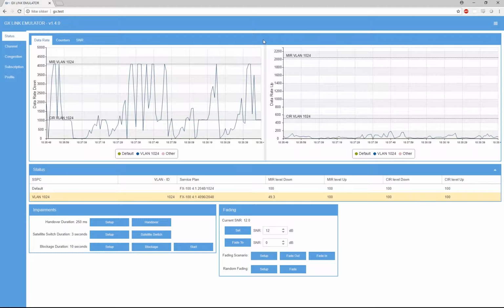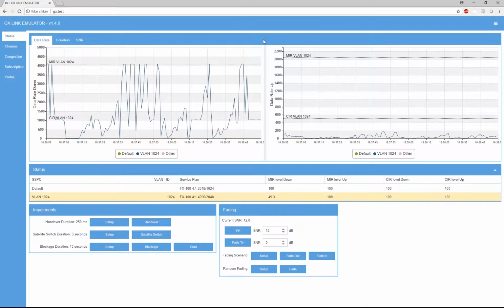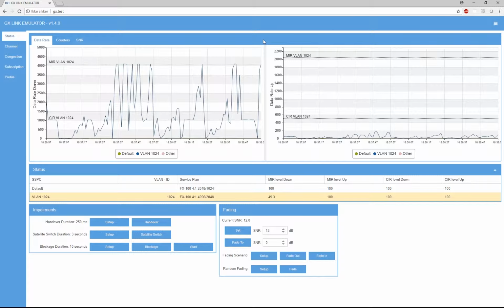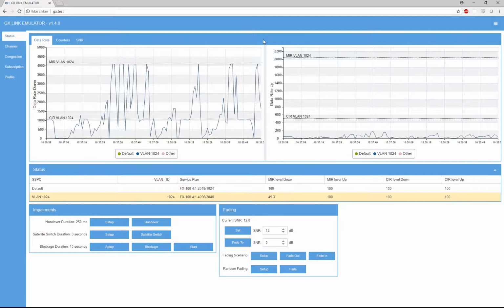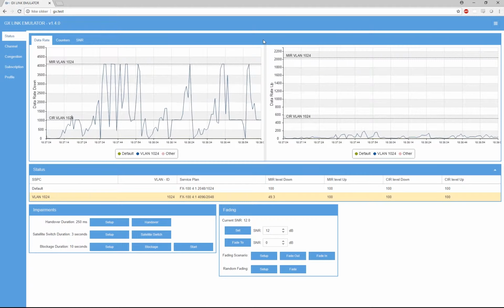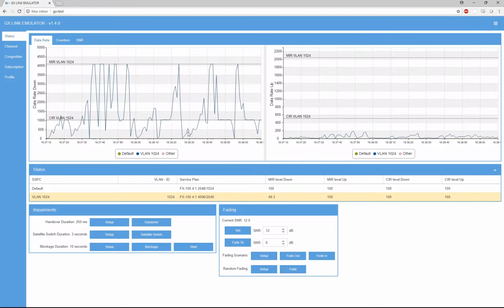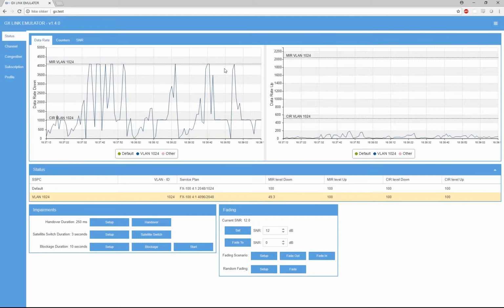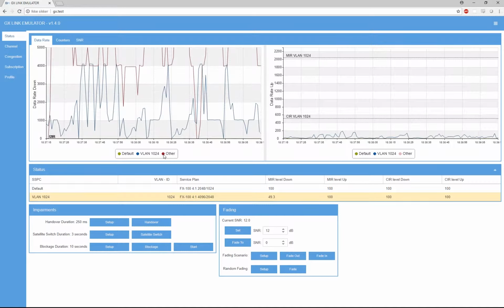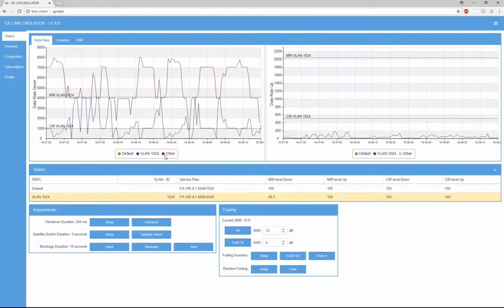Congestion is what specifies what other traffic than your own exists in the cell that we are emulating, and this congestion will limit the amount of bandwidth available for your applications. We remember the chart showing the data usage by your applications, but you can actually see what other users are using as well by hitting this other button.